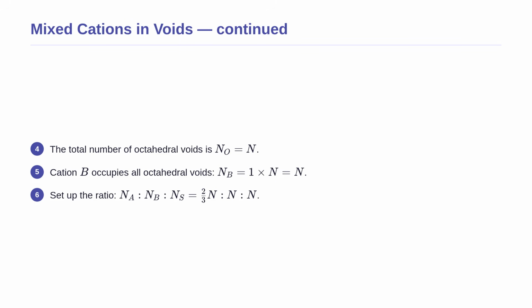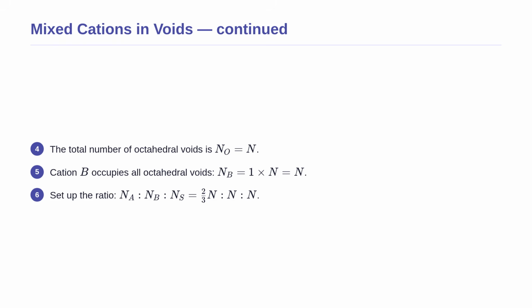Moving forward with this complex mineral, we now look at cation B. The problem states it occupies all of the available octahedral voids. Since the total number of octahedral voids is equal to N, the number of B cations is simply 1 multiplied by N. Every single octahedral parking space is filled. Now we have the amounts for all three ions in terms of N. So we set up our raw ratio of cation A to cation B to the sulfide anion, which is 2/3